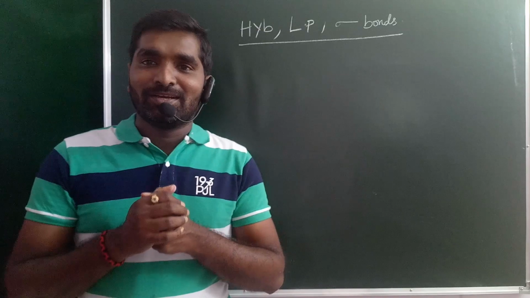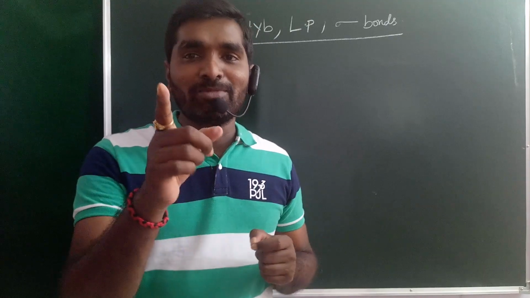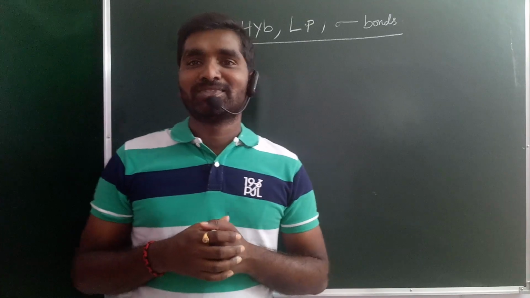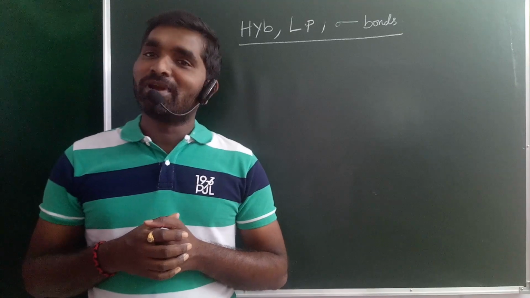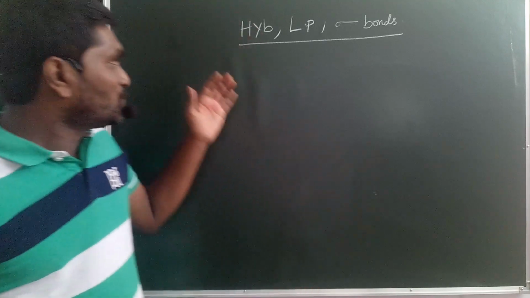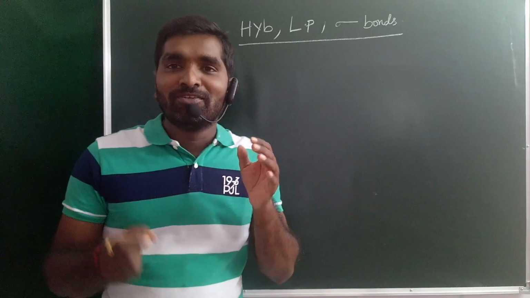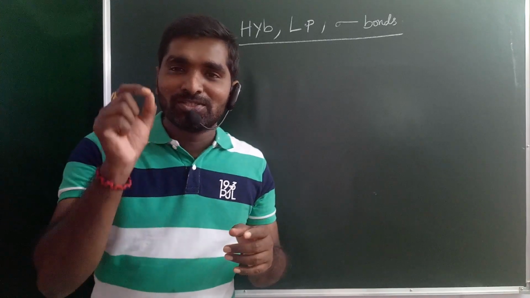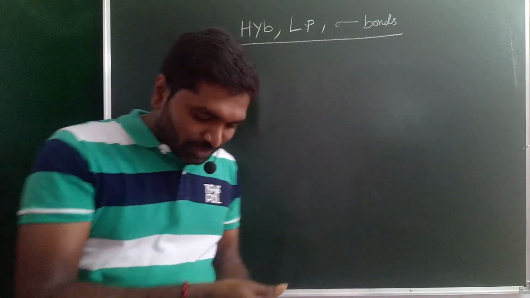In this session, we'll discuss a very important and interesting topic from your chemical bonding chapter: how to find the hybridization of a molecule, how to find the number of lone pairs, and how to find the number of sigma bonds, all in one video. Hybridization, lone pairs and the number of sigma bonds are very useful in all your competitive exams. A simple trick, no formula.